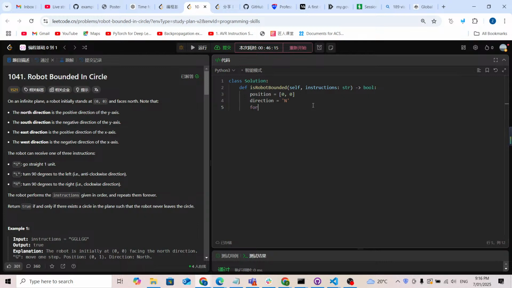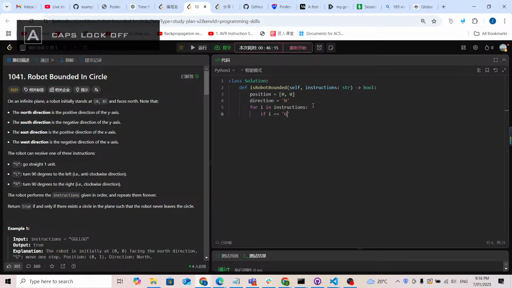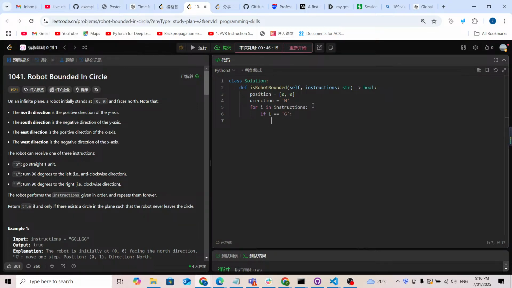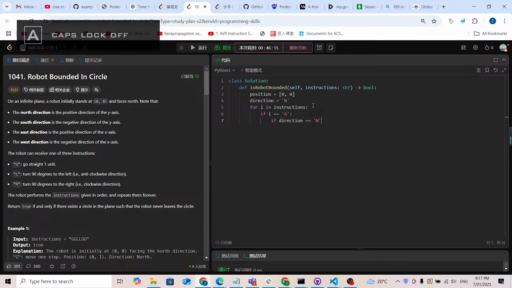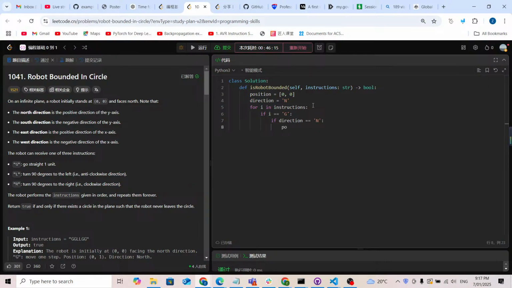Yeah. Now I'm gonna check the instructions one by one. So for i in instructions, now I'm going to check this i. So if i equals G, basically I need to check the state and check the direction. So if direction equals n, I'm gonna update the position. So the position is gonna be